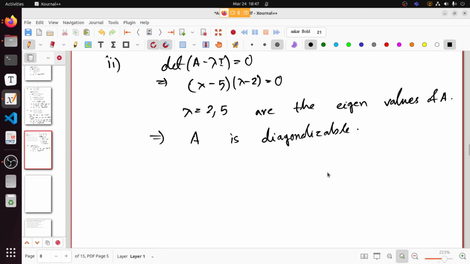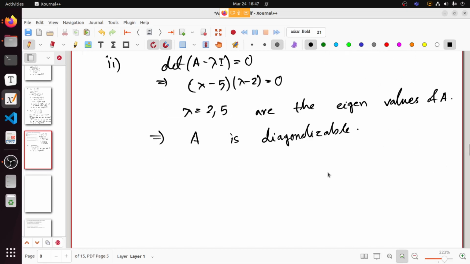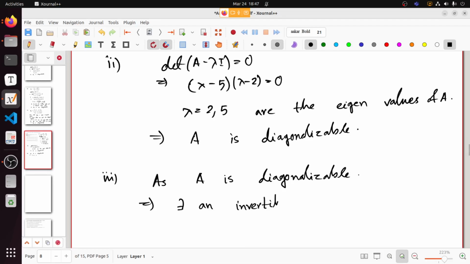We have seen that A has eigenvalues 2 and 5, so A is diagonalizable, which implies there exists an invertible matrix Q such that